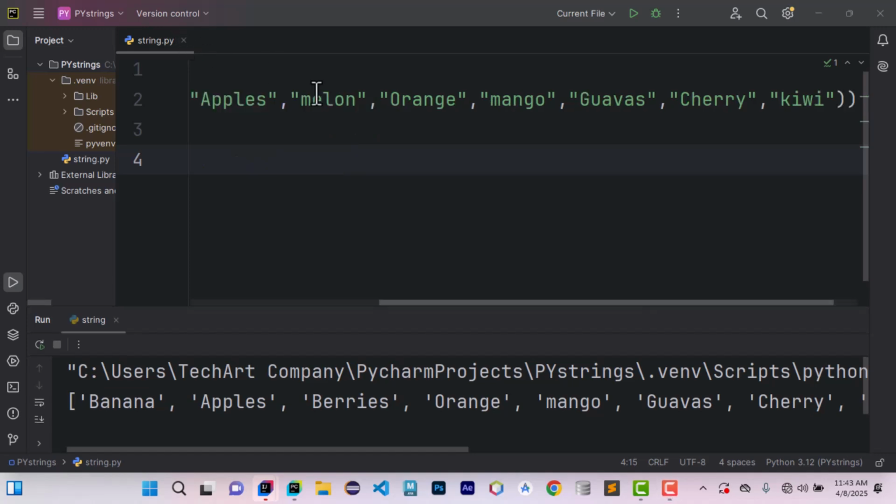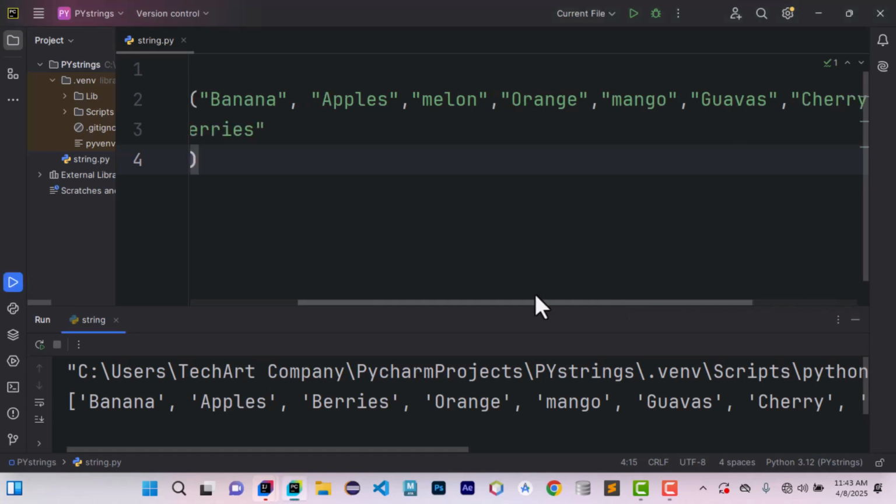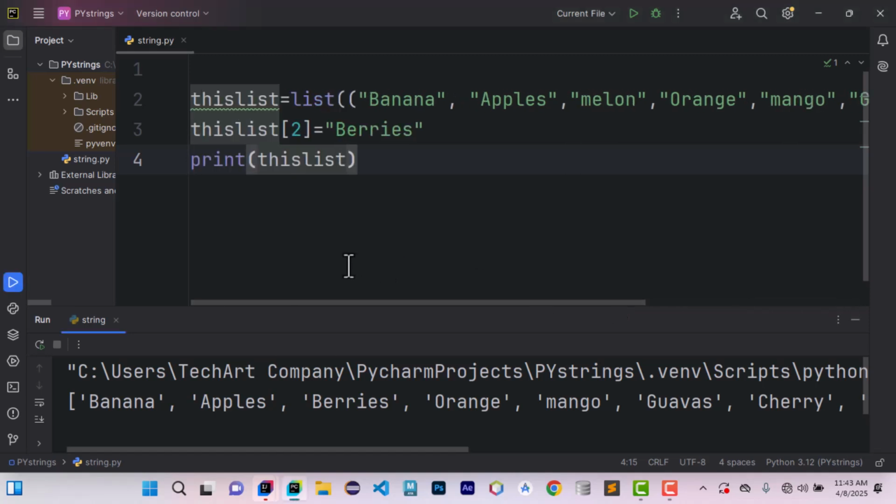So I'm just going to change them. In our list here, I just want to change this first, position 1, just like that, and position 3, index 3. I just want to change them to